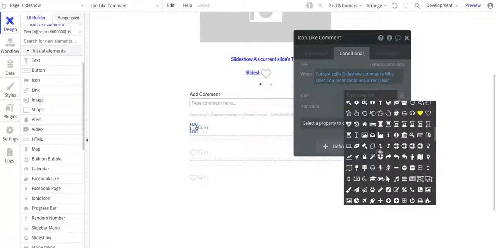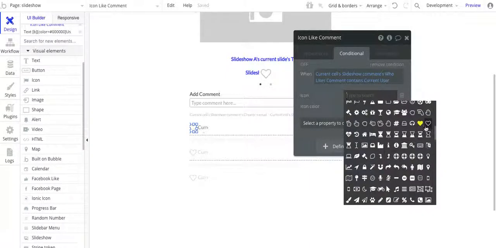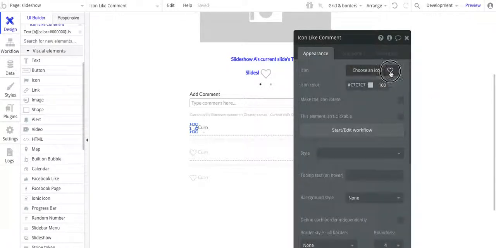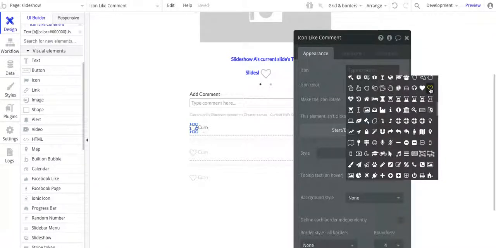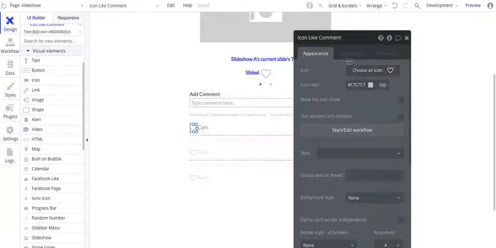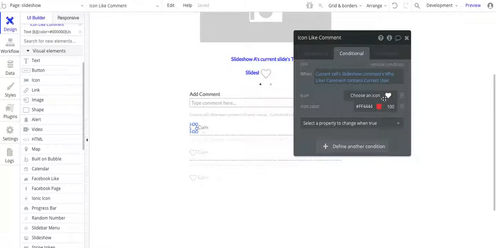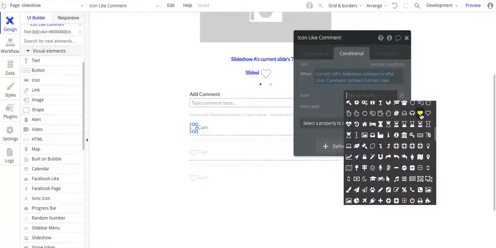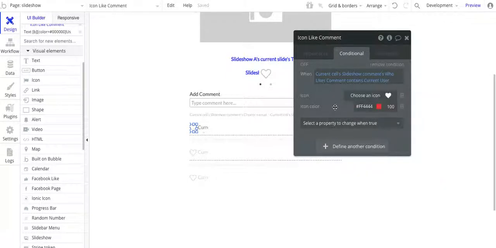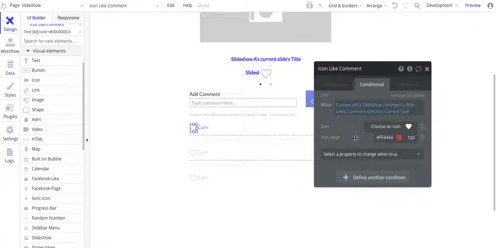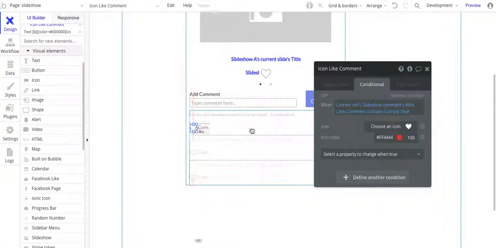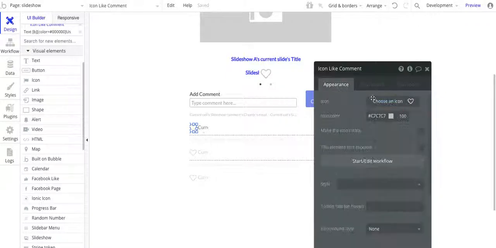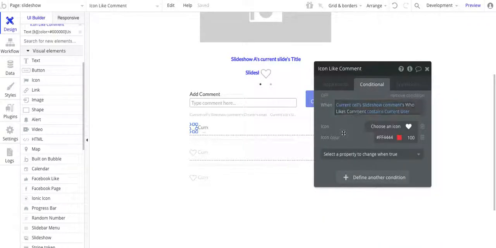And let me just show you here. So solid. So the default here is this, it's not shaded in. And then for this one, it is shaded in. So it's a different icon. And then I chose a color of red. So that's basically how you set up the heart. The default will show this version of it, and then when the user clicks on it and likes it, then it's going to change it to a solid